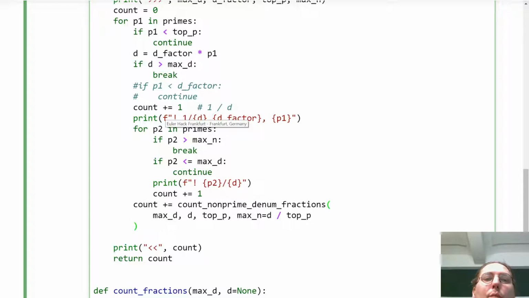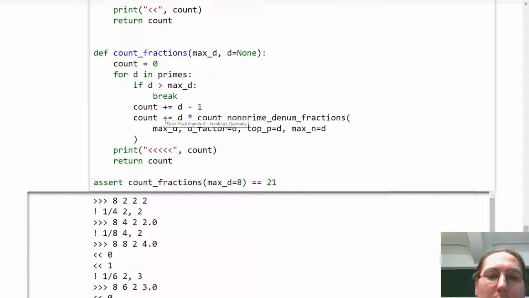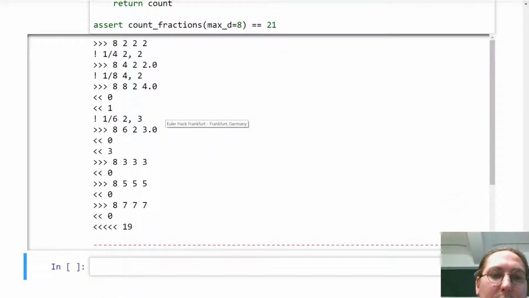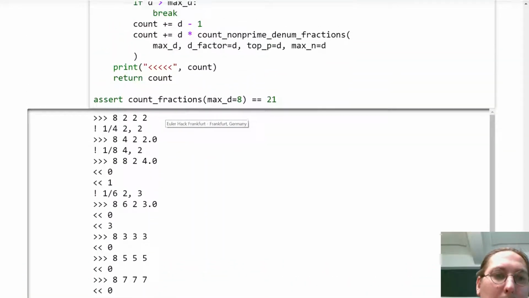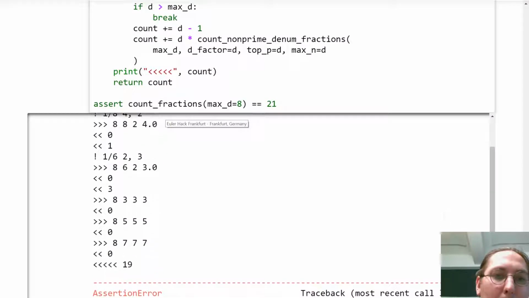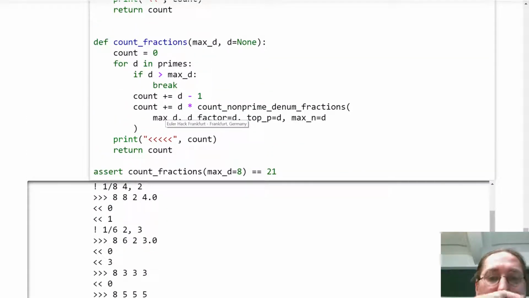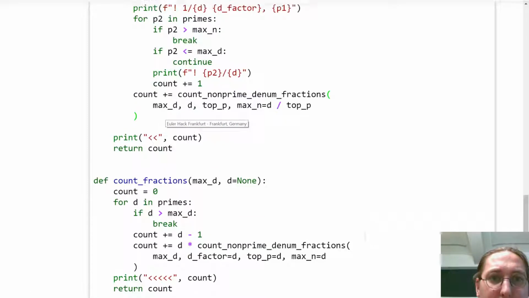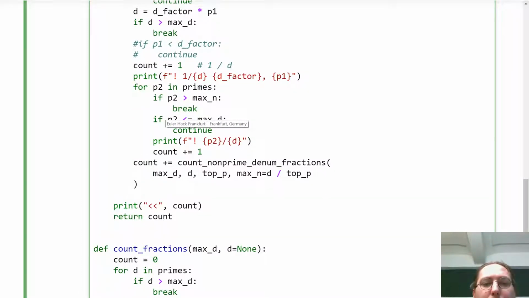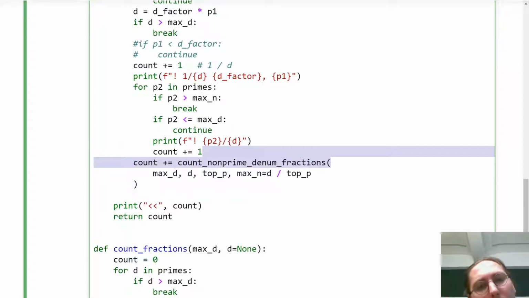Yeah, of course, it doesn't matter. That is d minus 1. Okay, count pluses. So the higher primes just count one time and then break. Oh, I didn't actually remove the break, I think. Could that be? Count pluses d minus 1. If d is a prime,